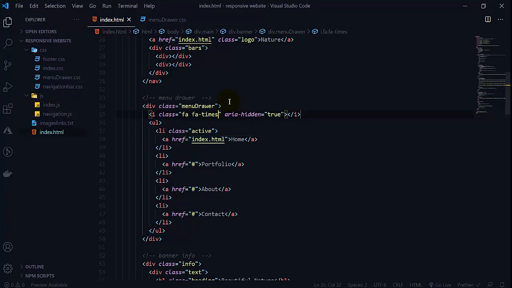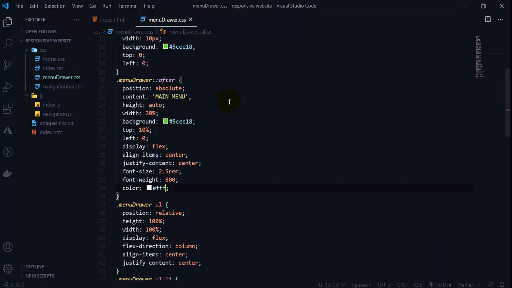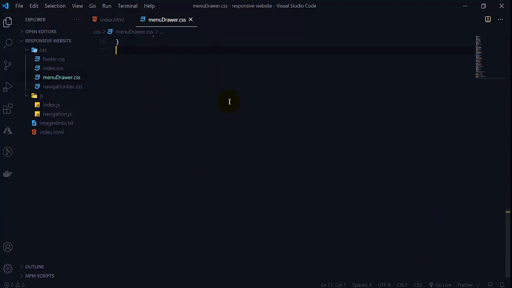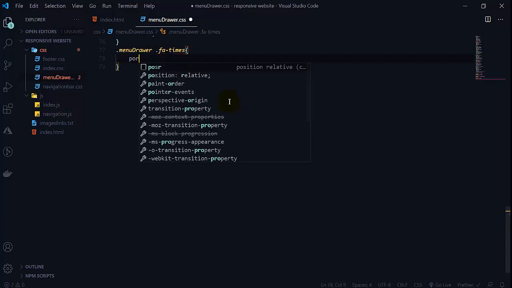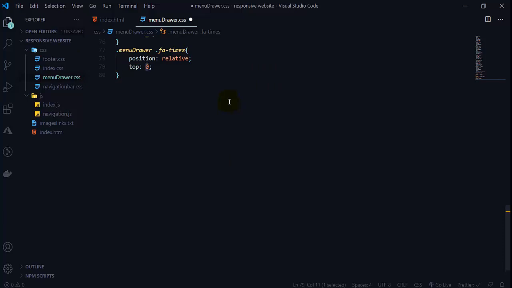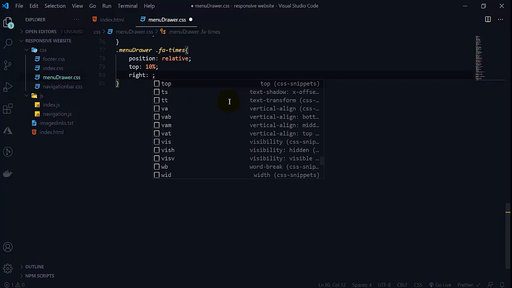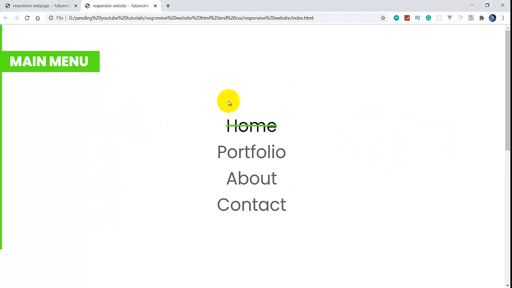So here will be dot fa times. Copy this, menu drawer. Copy this. And let's go to last. Here will be dot menu drawer dot fa times. So its position will be absolute, and top will be like 10%, and right will be like 10%.